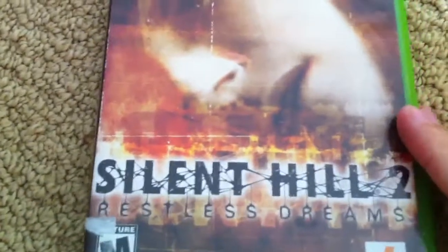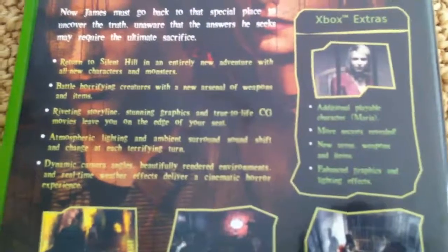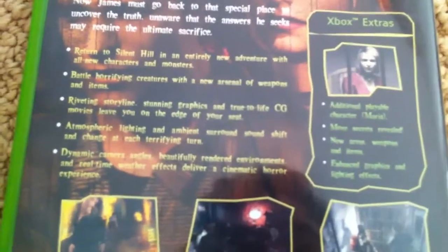a pretty uncommon game, and that is Silent Hill 2, Restless Dreams. And this one actually has some bonus content that was exclusive to the Xbox, such as additional playable character Maria, more secrets revealed, new areas, weapons and items, enhanced graphics and lighting effects. So that's really nice. Unfortunately, there is some sun fading on the spine, so I might have to get new artwork for it, but that's really cool. And unfortunately, they gave me the greatest hits version of it, which I'm pretty bummed out about, but nothing really